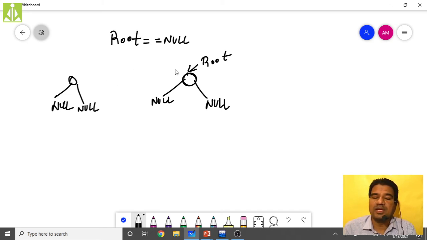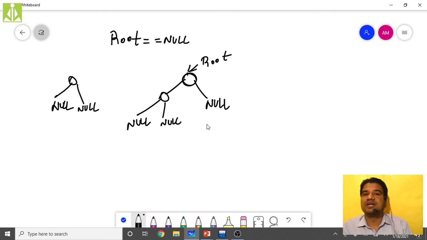So what are we doing? If your root node is not empty, then go to the left side of the root node and follow the same strategy. Create a node and add it. So I will do the same thing over here: I will add this other new node and make its left and right null.